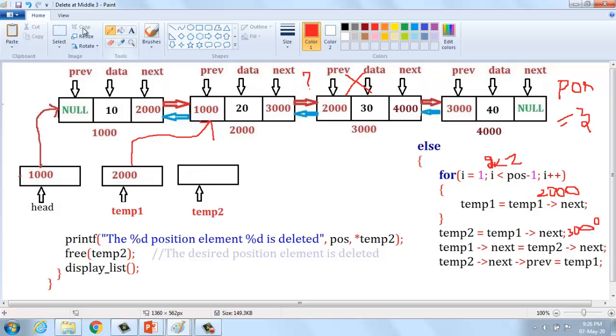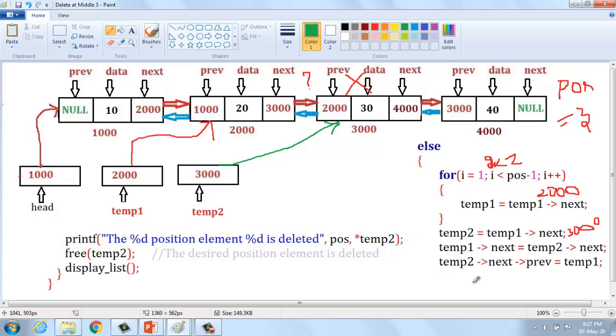Here temp2 should be changed to 3000, and then we have to create a pointer from this location to 3000. Okay, we have created it. Have you understood?